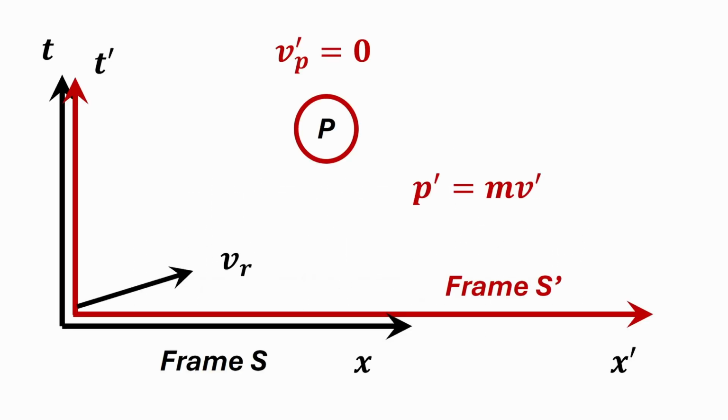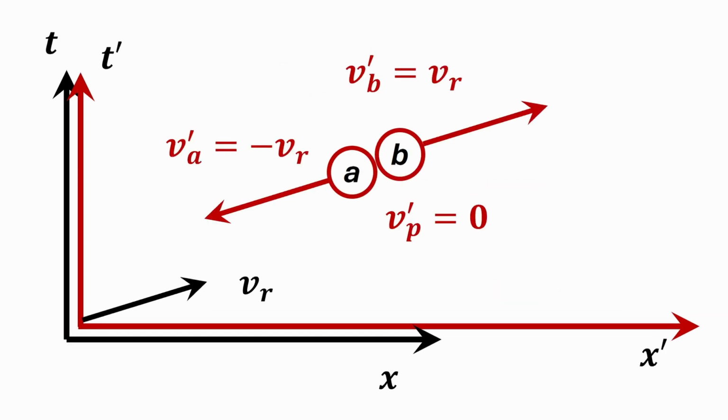Imagine two inertial frames. The first, S, is based on x and t coordinates, and the other, S prime, is based on x prime and t prime coordinates. The frame S prime is moving in relation to frame S with a velocity vr. Consider a particle p at rest in frame x prime, t prime. At a time of 0, the particle p splits into two smaller particles a and b. An observer using S prime as his proper frame measures the velocity of the split particles as minus vr and vr respectively. What we know from the statement is,